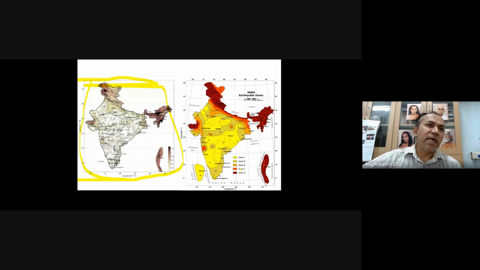One zone was added, that is zone 6, and we started with zone 2 only to be consistent with the previous zone map. Initially there was a discussion like why don't you start with zone 1, but then we thought people will get confused. So the old zone map started with zone 2. Here also we started with zone 2, and we have added one more zone, zone 6, in our calculations. Zone 6 is Srinagar, Northeast India, Andaman, Kutch region, which comes under zone 6 basically.